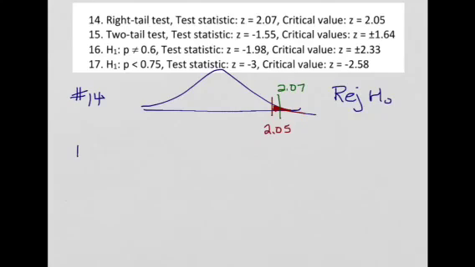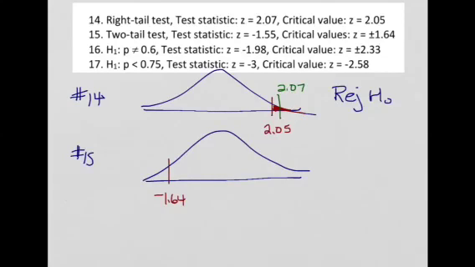Now I'll do the same thing for 15. In this case we have a two-tail test, and so that's why we have two critical values. So one is negative 1.64, the other is positive 1.64, and our test statistic